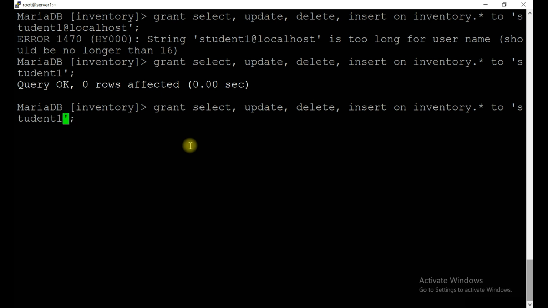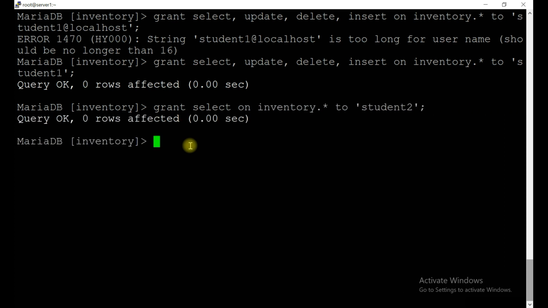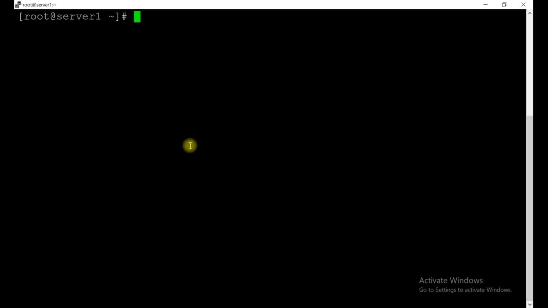Now do the same for student2 and remove these permissions, because the second user we only want to give select permission. Okay, done. Now exit from the database, clear the screen.